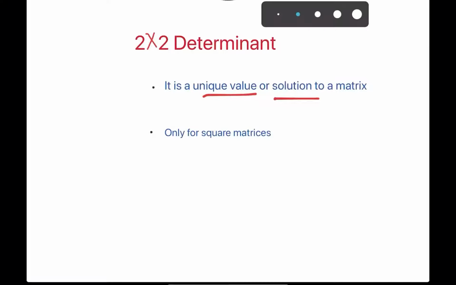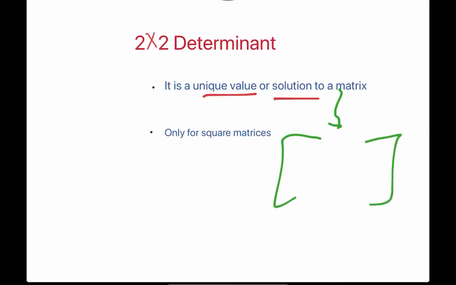Now, when I talk about a matrix, I am getting a rectangular arrangement of numbers written like this. For example, I have this matrix with 4 elements. Any rectangular arrangement of numbers is a matrix. There is no such property a matrix has. But if I assign to the matrix a fixed value or a solution, then it makes a lot of sense. And that is what the determinant is actually doing.